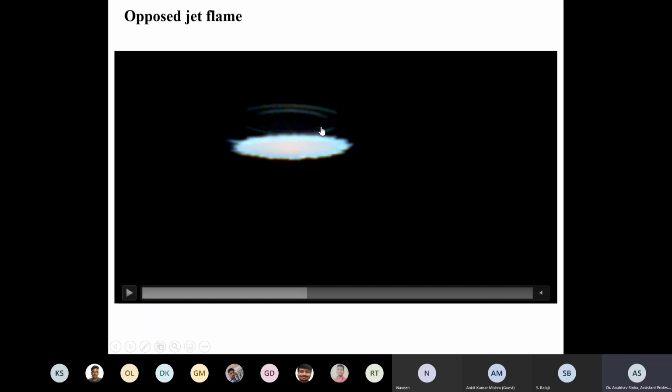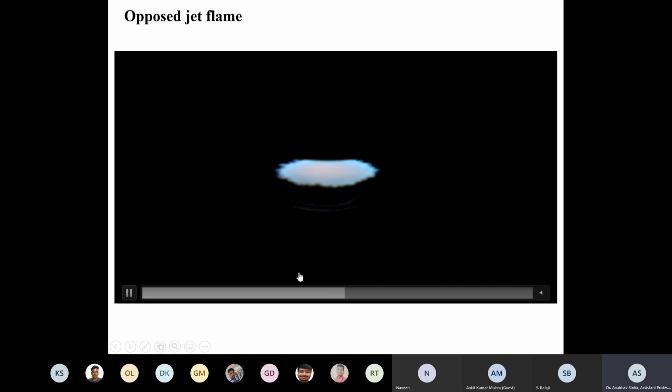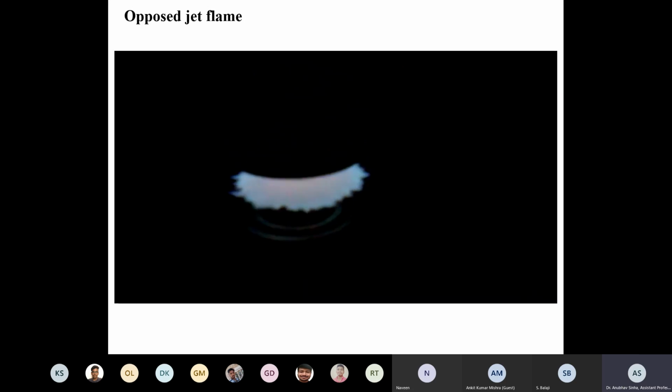So can you see the burner here? Everyone, can you see this? Yes, sir. So there are two burners. Because of the dark it is not visible, but there are two burners which are forming this flat flame. Now you can see, in fact, the other burner is looking like a shadow. So this shadow is one burner, and this is another burner, and then we have a flat flame. See, it is also very bluish.